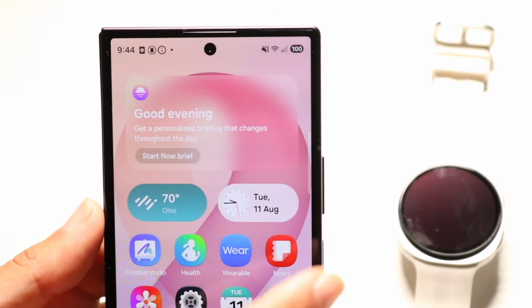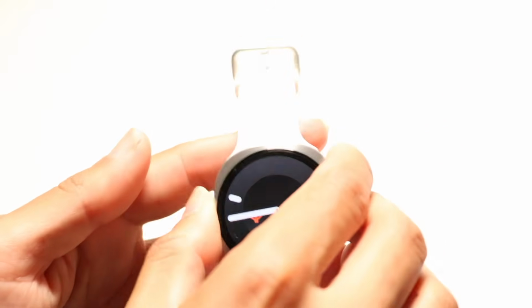Now, another thing you might be wondering is how you can go through and reset your watch. So let's